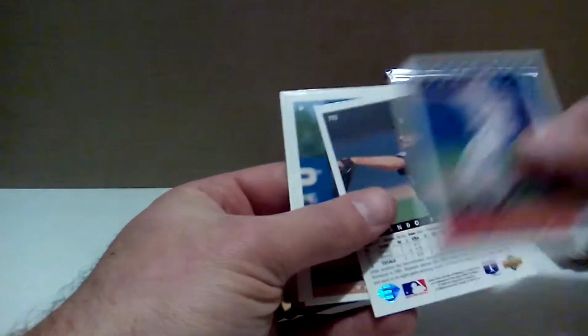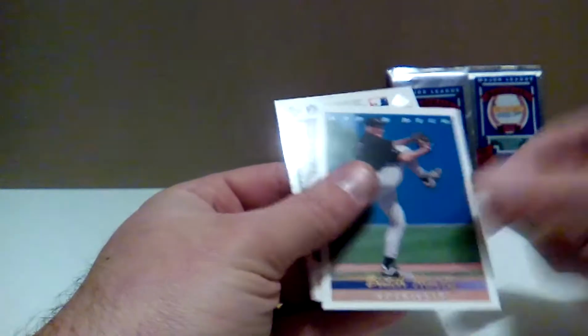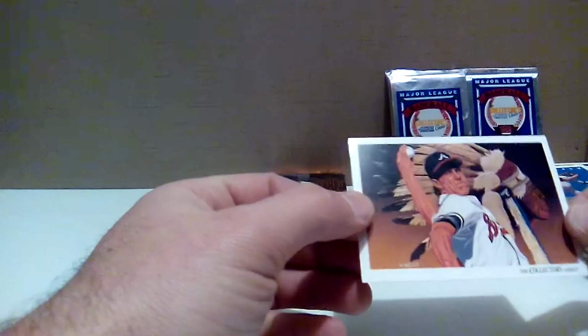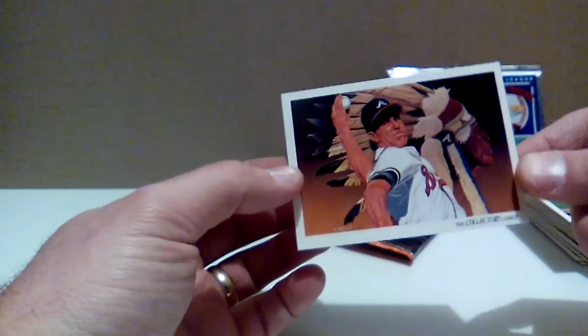Tracy Woodson. Jay Howell. Armando Reynoso. Butch Henry. And I think that's Steve Avery. Yep, that's a sweet looking card, but it would have taken a Tom Glavine or a John Smoltz. But alright, let's get into the